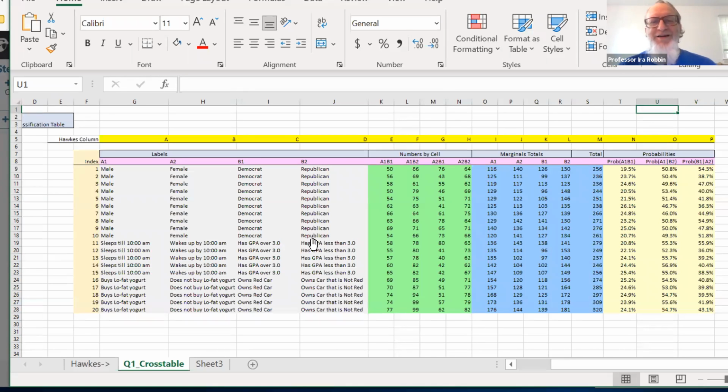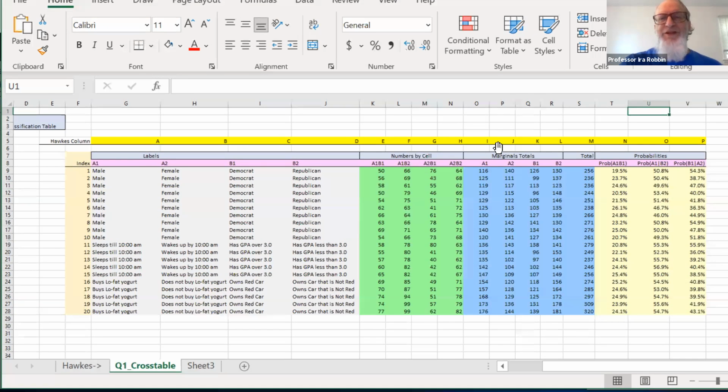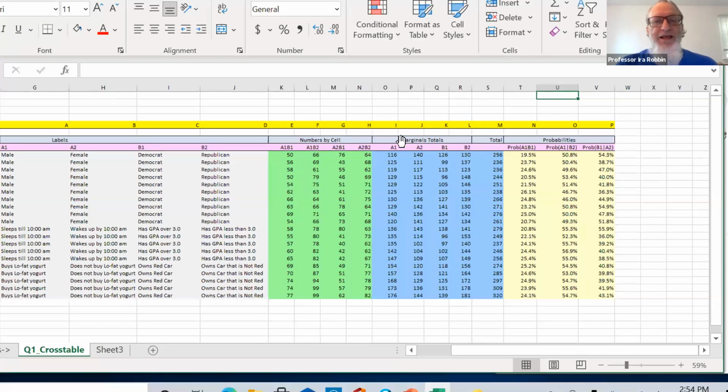Or sleeps by 10 and A1 is sleeps by 10 and has a GPA over 3, if you want to do it down there. You can make all these attributes, but I've made it in this very general setup, which I just find really convenient. And then I threw a bunch of random numbers in here. I computed the marginal totals using Excel formulas. So the only numerical inputs are in cells E through